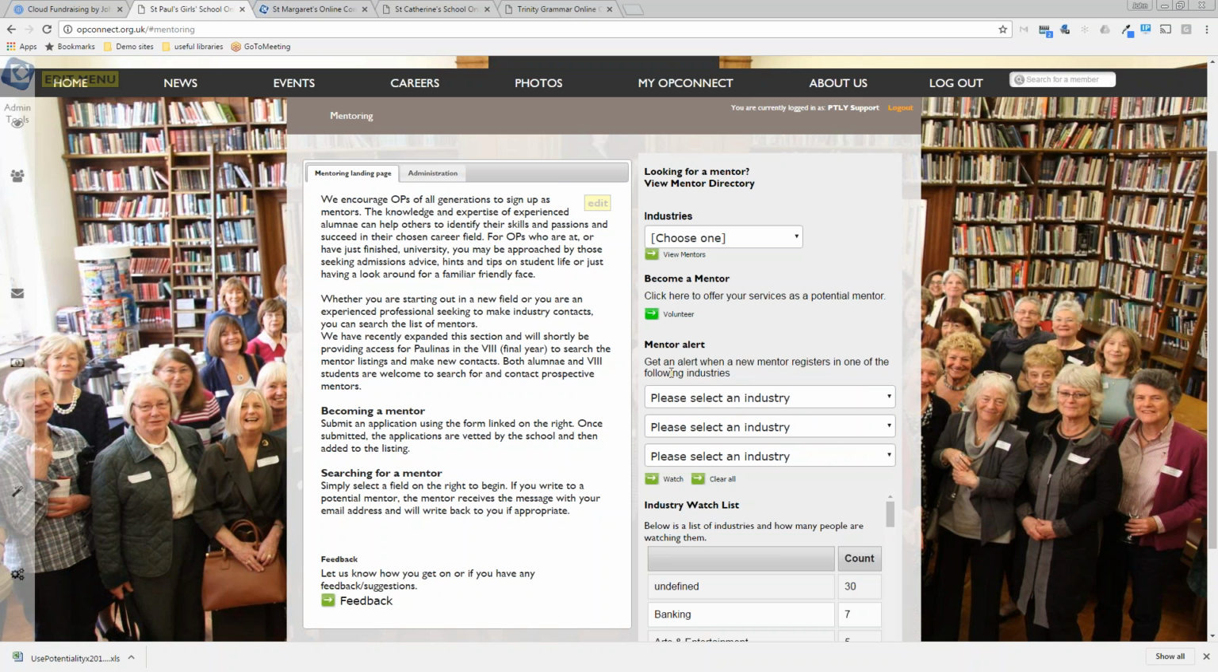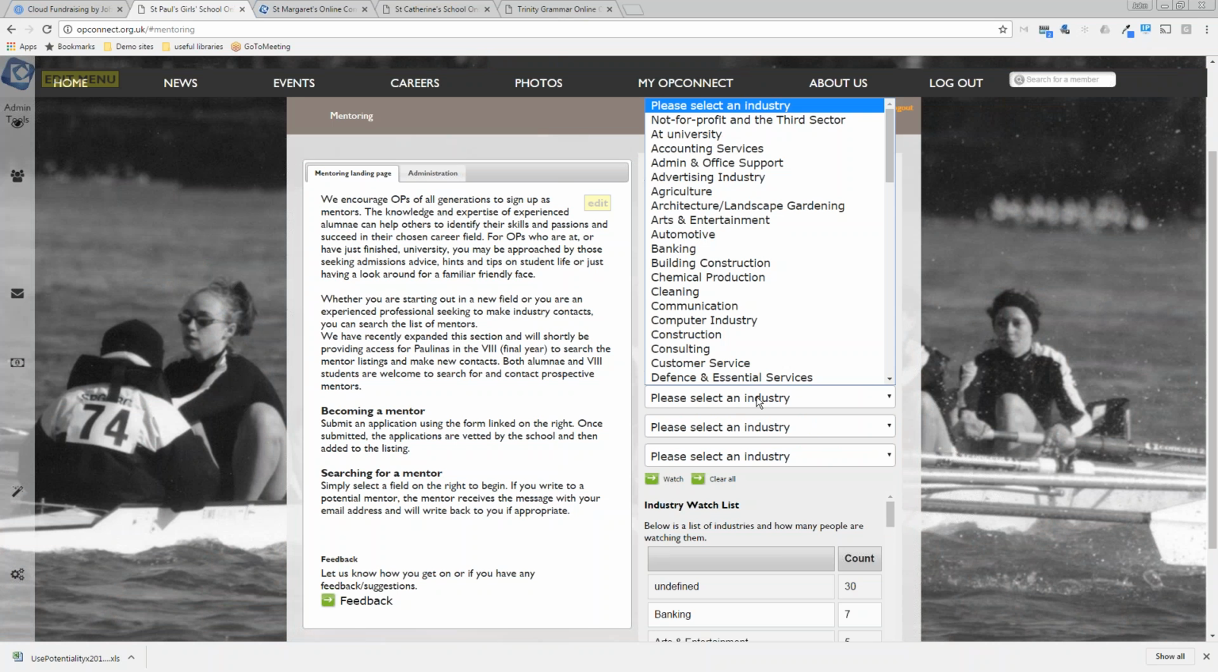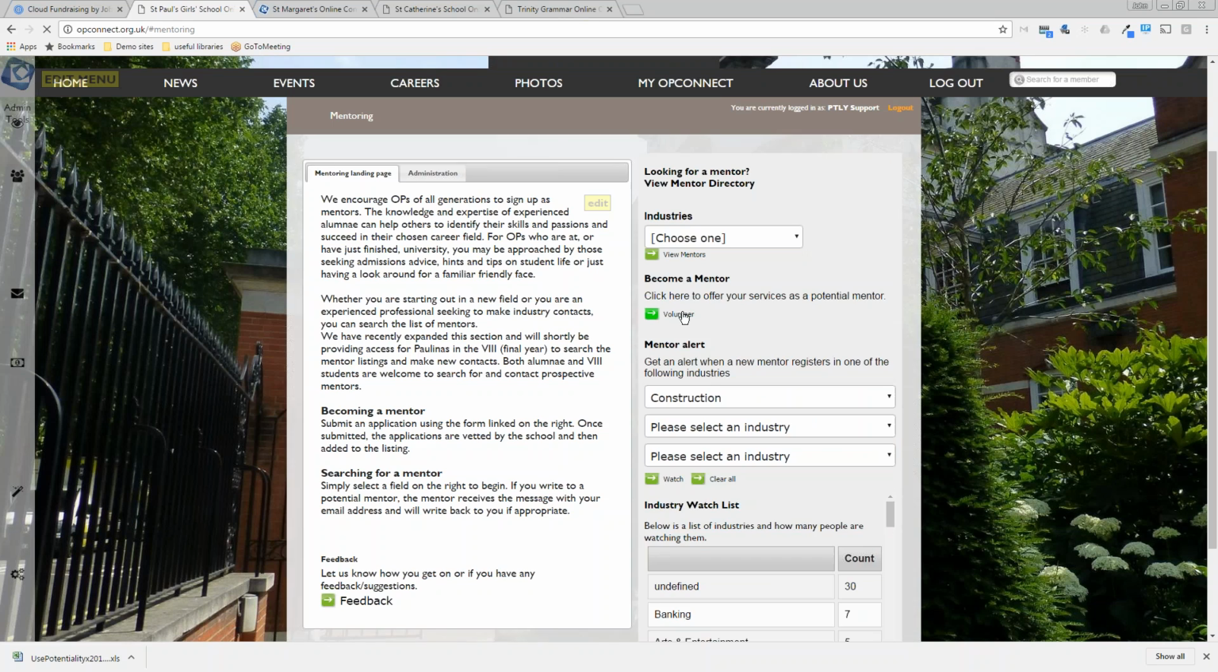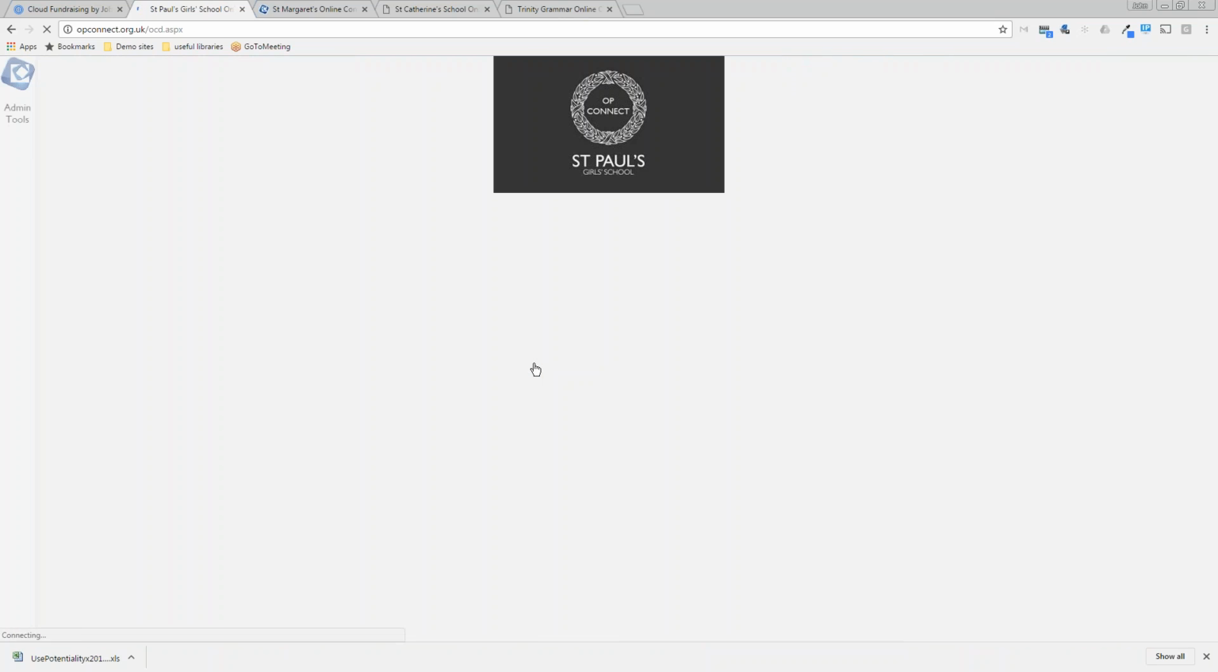People can volunteer to be a mentor. You can place a watch on different industries. If you want to be notified when someone volunteers for construction, for example, you can just add that as a watch. If someone's volunteering, they can just click on the volunteer link,